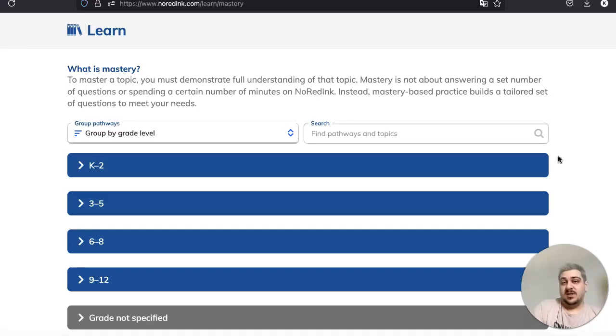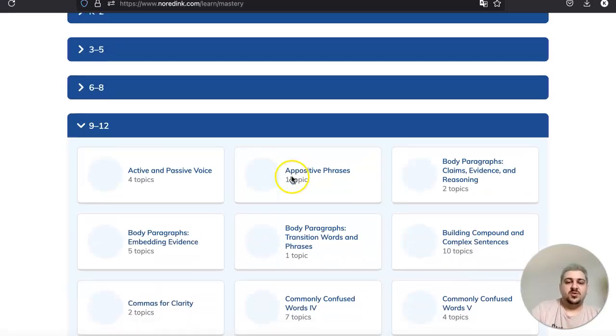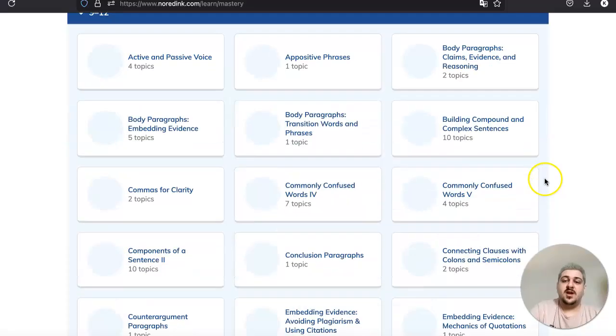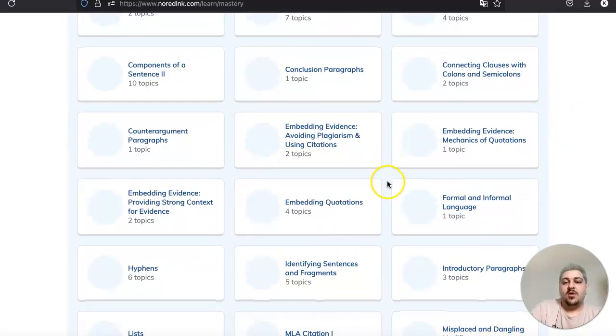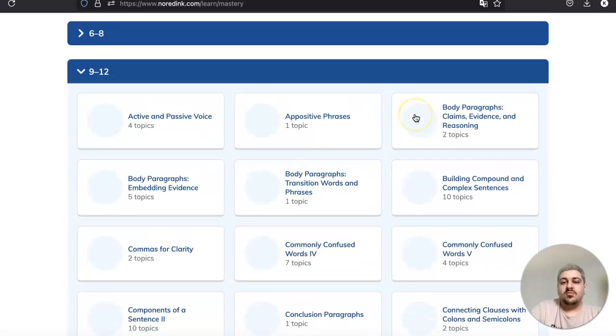If you are an adult EL learner and you are a low-level English speaker, English writer, or reader, then you would probably be able to use this tool to your advantage, because then you can put it on a grade level scale, and then that way you can figure out how to advance your English learning from there. If you want to start with the basics. So because I teach high school, I will select 9th through 12th. We'll say I'm a secondary ed student here, and I want to learn about